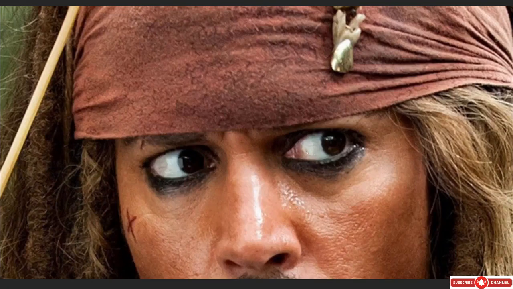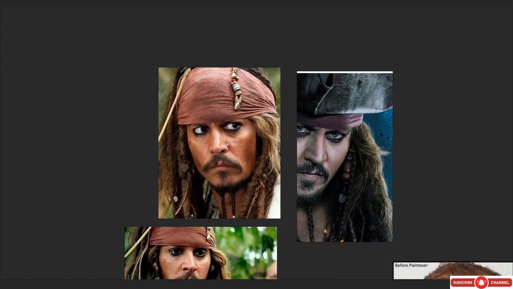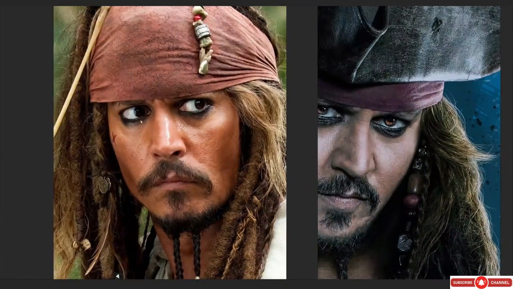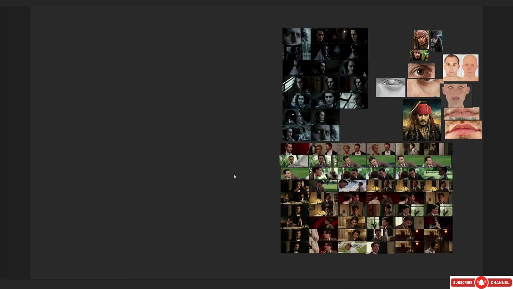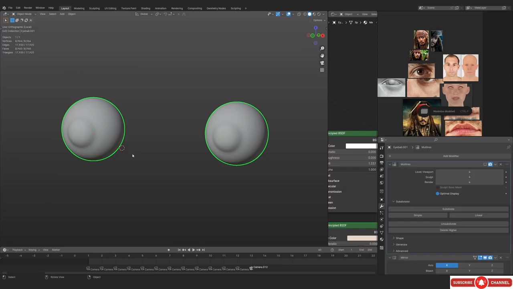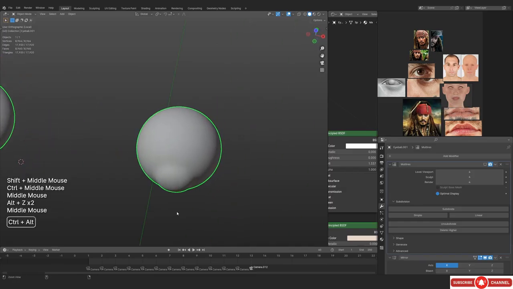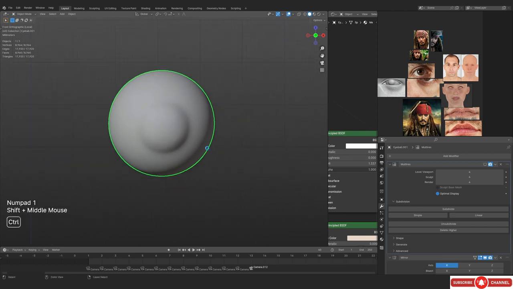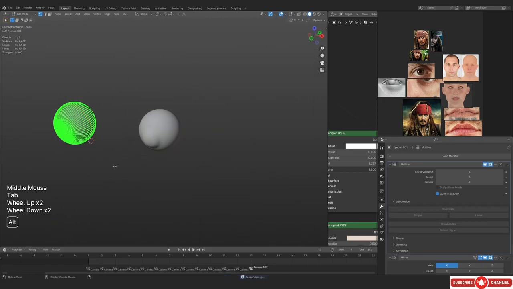And you can see it's not 100% white. It might look like it, but it's not. And the inner corner is definitely a little bit redder than the outer corner. So we also need to keep that in mind. And we're gonna have to add the yellows and the blues as well that you have in the eyeball color. But don't you worry, we're gonna be seeing that in this video. So I guess it's gonna be okay.